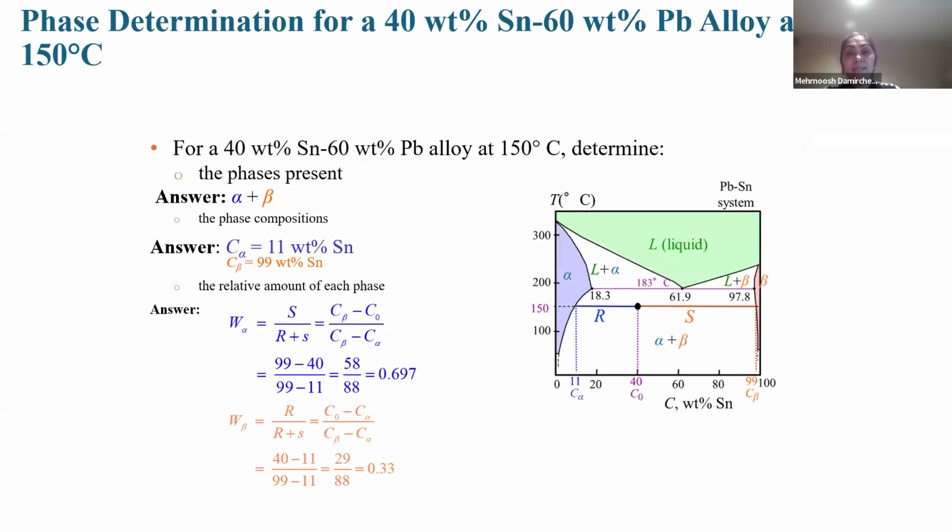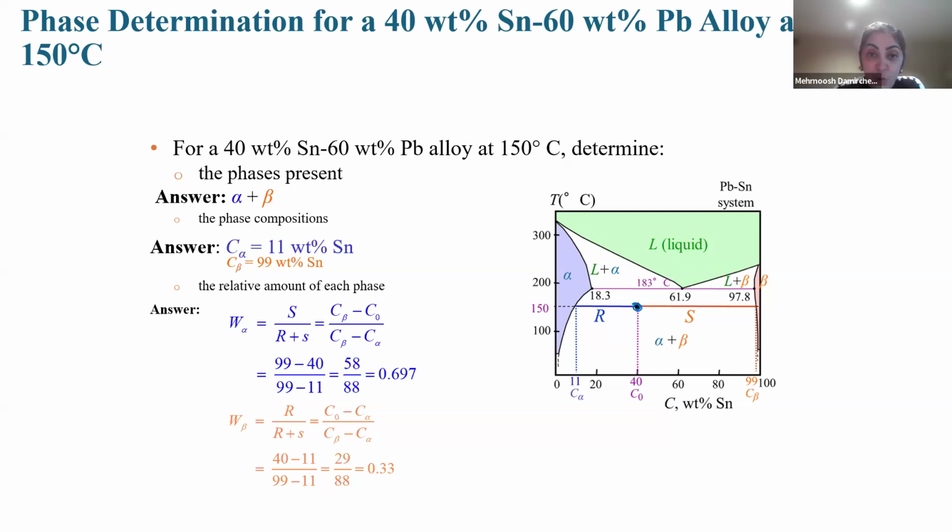Example. In this slide, we want to talk about how to calculate the phases present, their compositions, and relative amounts using the lever rule. For a 40 weight percent Sn, 60 weight percent Pb alloy at 150 centigrade, determine the phases present. If you remember from the last video, with this weight percent and temperature,